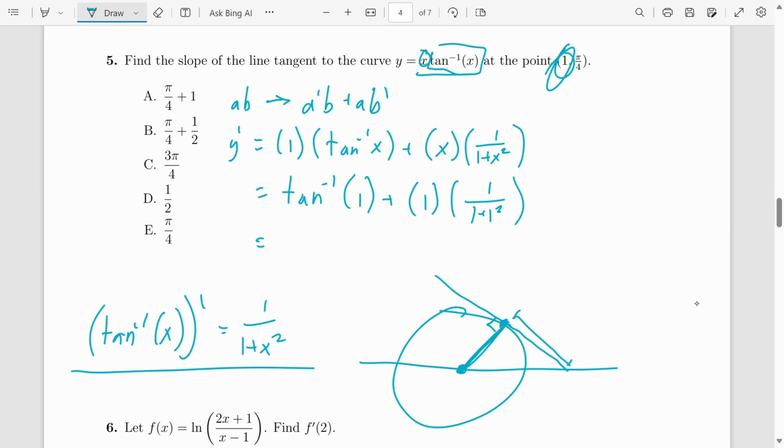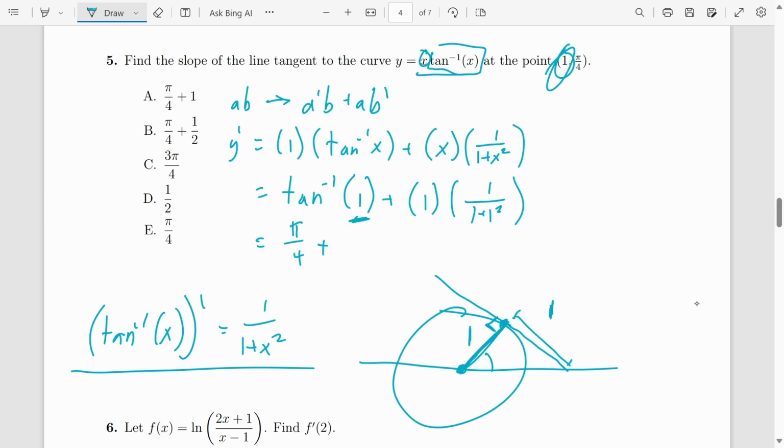And in this case, whenever it equals 1, we're doing inverse tangent, so we need to go the other way around. If this length is 1, then this length also has to be 1, because this is a right angle. So I'm pretty sure it's pi over 4, because this angle is pi over 4